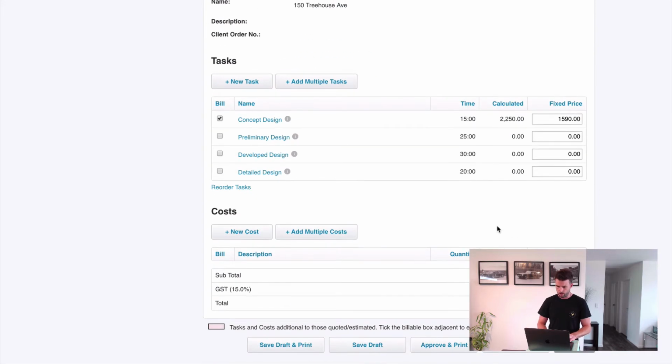And then I'm going to bill $1,700 because I want to recognize a write-off here. So we're going to write-up, sorry, I'm going to recognize a write-up. So if I go approve,